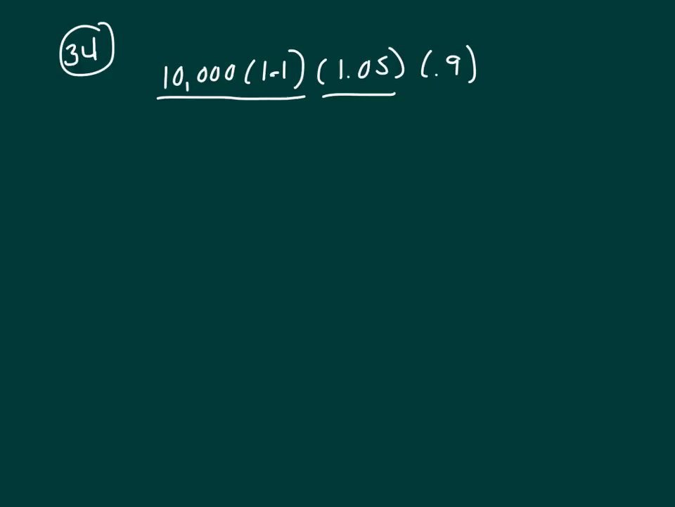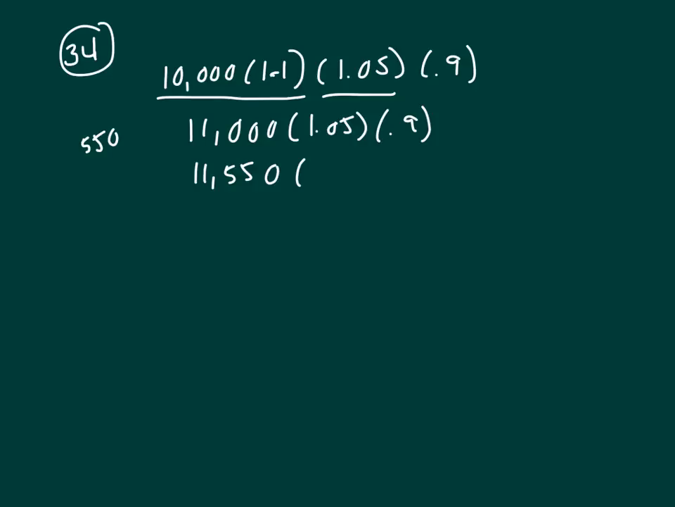Now, if you multiply 10,000 times 10%, that's 1,000. So 10,000 plus 1,000, that's 11,000, times 1.05 times 0.9. If I multiply this by 10% again, 11,000 times 10%, it will give me 1,100. But I don't want 10%, I want 5%. So what's half of 1,100? Half of 1,100 would be 550. So now I've got